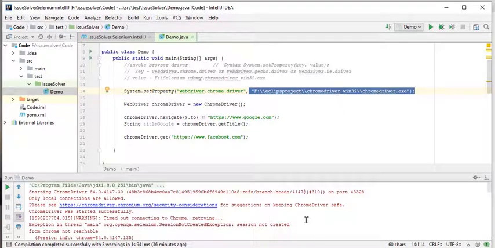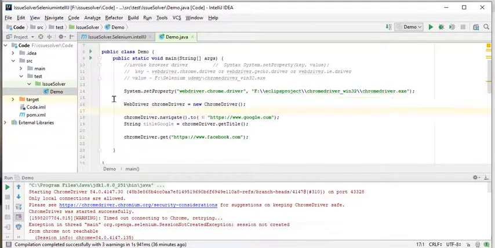I have downloaded this Chrome driver and pasted it. If you want this small project setup, you can request me and I will upload a git link for that. So we'll just get started.